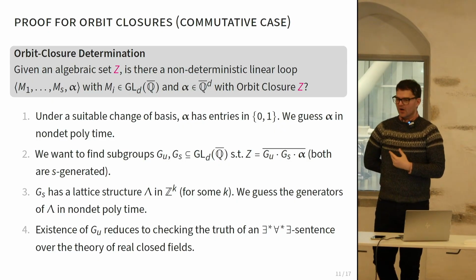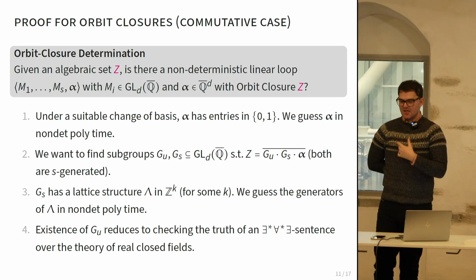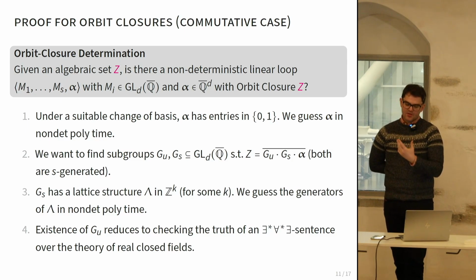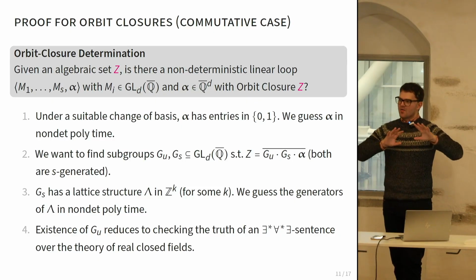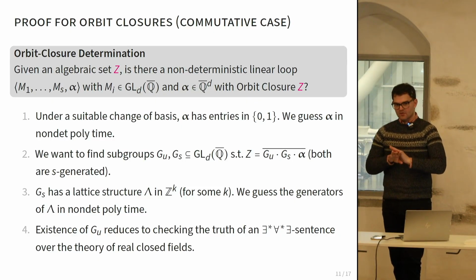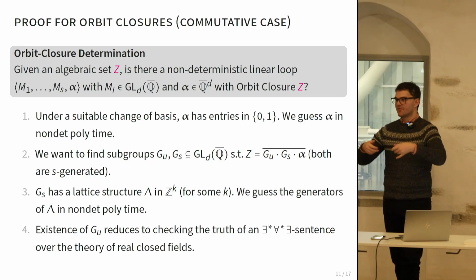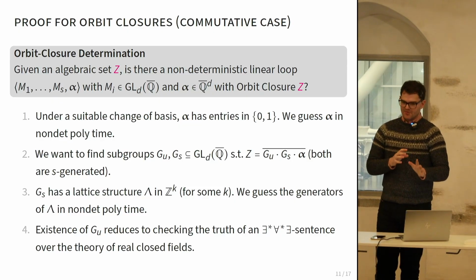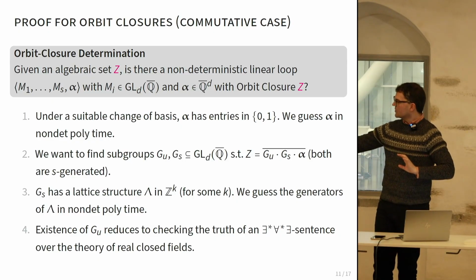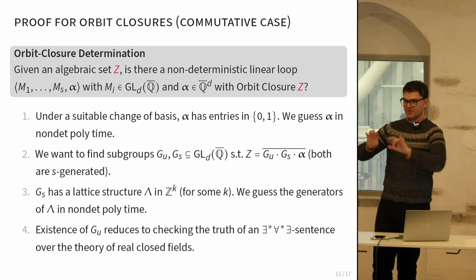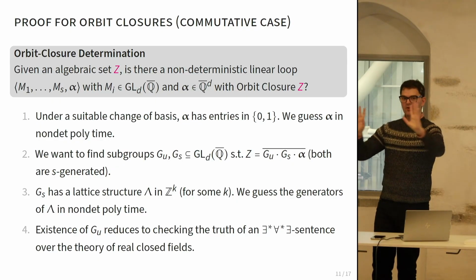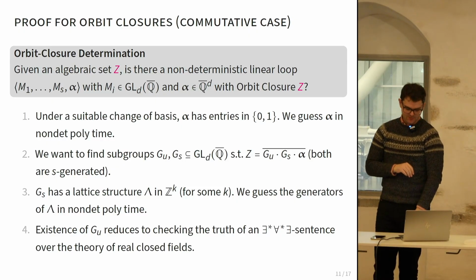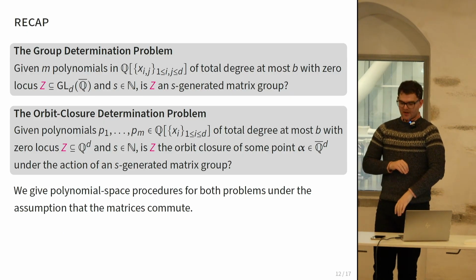In fact, the GU parts can be tested. If such a subgroup exists, you can check it in the theory of the real closed fields. But our complexity bounds don't come from checking every type of sentence. The sentences have a specific structure going down inside the matrix group. And they have this existential, universal, and existential block structure. These stars are meant to be blocks of existential operators, a block of a universal operator, and then a block of an existential. So, final slide.